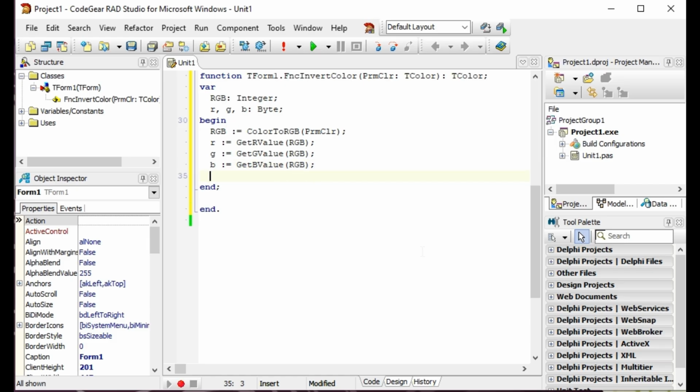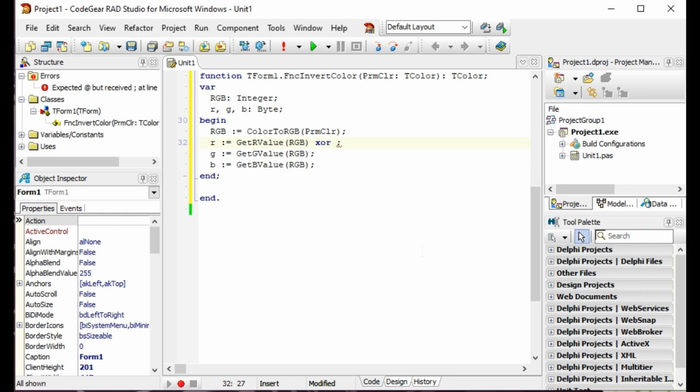Then we do inversion by XOR, doing XOR with a value hexa FF or 255.